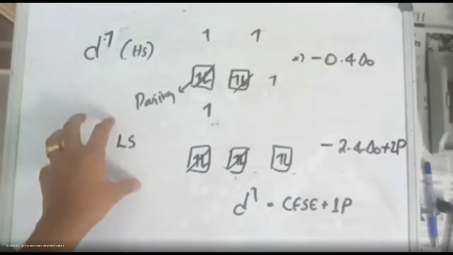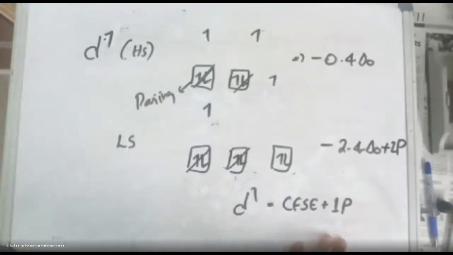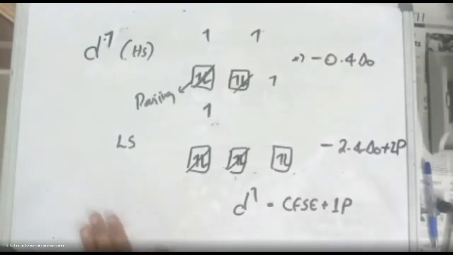Sir, the low spin and high spin which we compare, sir. Only for low spin complexes you have to mention this pairing energy, not for high spin complexes. Clear, right? For d6 and d7 systems, you have to write this pairing energy term also. For d8, there won't be any pairing energy. All get cancelled.